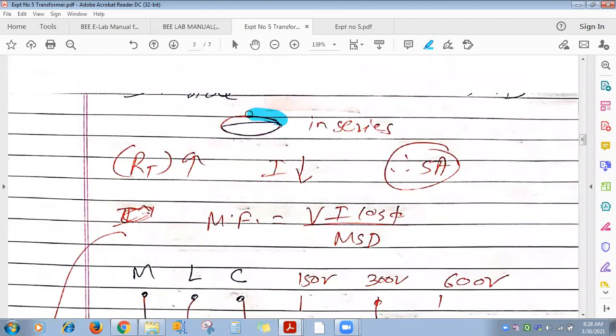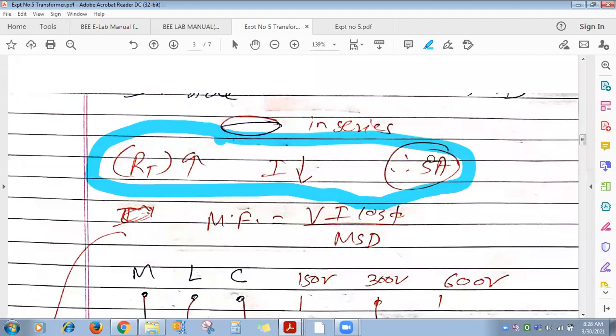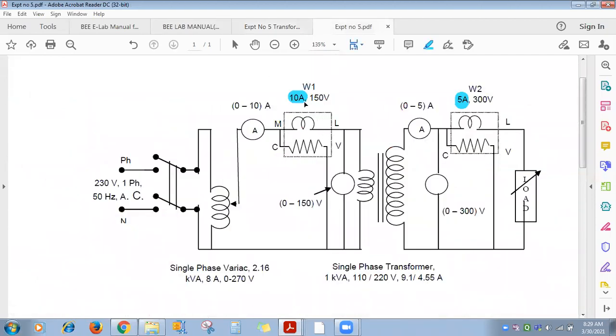Using those 4 screws, any two, you loosen those 4 screws, and using the 2 you can connect the plates in series. Series means what? Overlap. First one plate, above it, second plate you connect. So the plates are said to be connected in series. In series, 4 plus 4, resistance increases, current will be less, and that's why current range is 5 ampere for the second wattmeter.